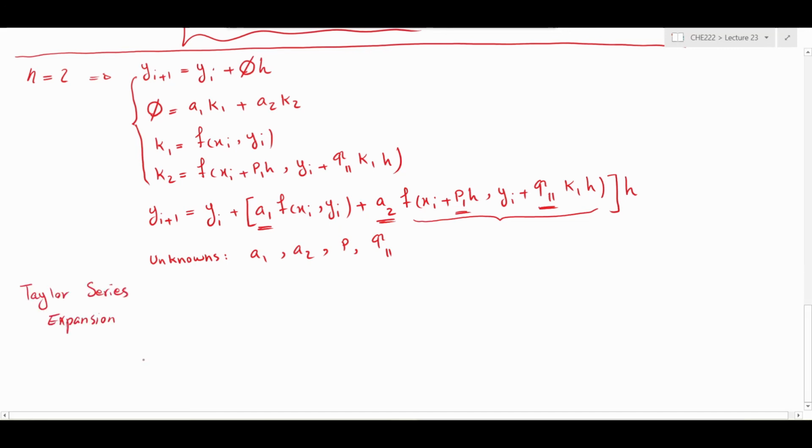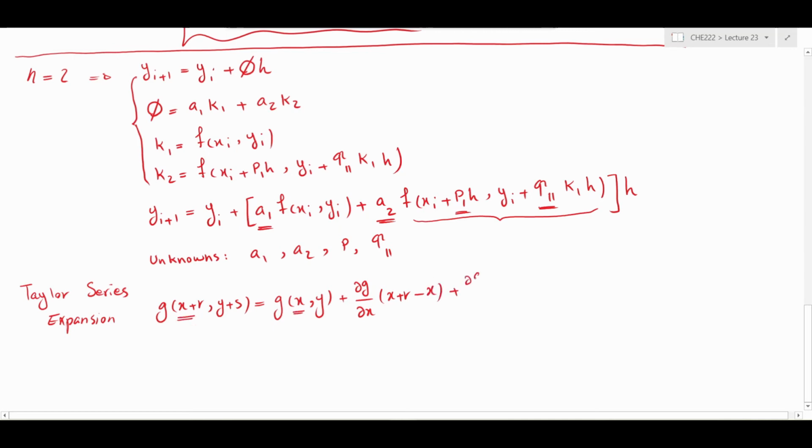Now let's assume that we have a function g which is a function of two variables, x and y. So using Taylor series expansion, we can estimate the value of this function at x plus r and y plus s based on the value of the function at x and y, plus the partial derivative of the function with respect to x multiplied by the variation of x, which is x plus r minus x,